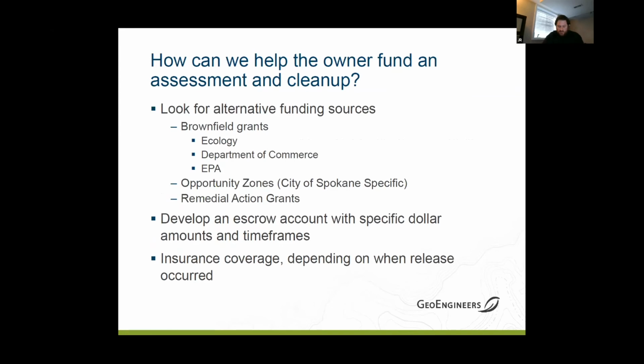Okay. Just want to talk here. There are funding sources out there to help you, even with a phase 1, even with a phase 2, and even with a cleanup action. There's brownfields grants through the Department of Ecology. Department of Commerce actually has quite a bit too. We're the EPA. There's opportunity zones within the city of Spokane. I don't know if you're familiar with those, but they've got a whole list of sites like downtown, Kendall Yards, Lower South Hill, Sprague District, the Yard. The city of Spokane's already procured some brownfields funding. And if you're looking to do a project in that area, they can help you with that phase 1, phase 2,